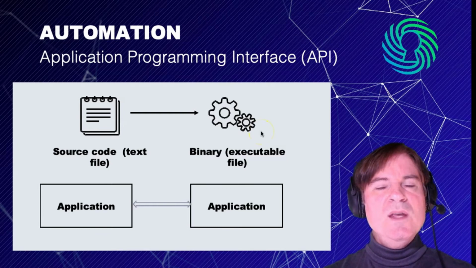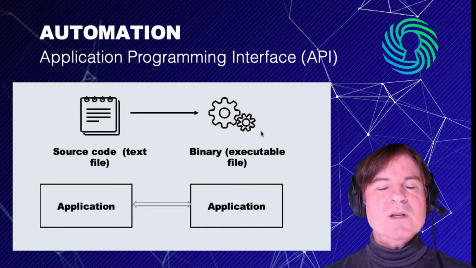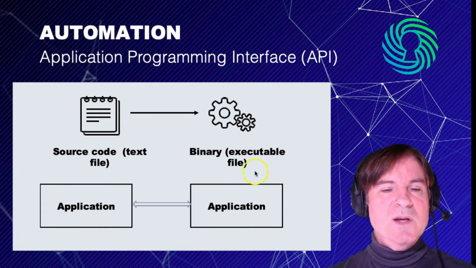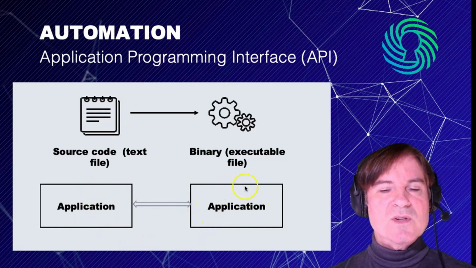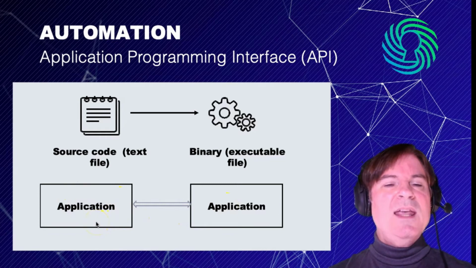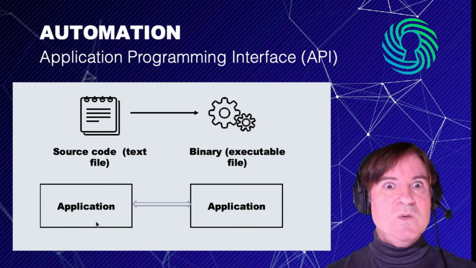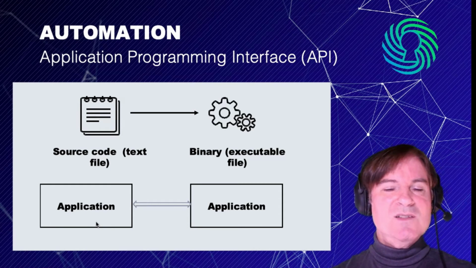We're now going to cover two solution areas that we mentioned earlier. One is application programming interface. The other is third-party automation tools or solutions. Right now, we'll talk about application programming interface. You'll note here at the base of this slide I have two applications. It doesn't matter what they are, but for our sake, let's just say one is Salesforce and the other is Office 365. Now, these applications come with what's called an application programming interface that software engineers can use to automatically do things, to tap into the functionality of the application. You can also let them talk to other applications.